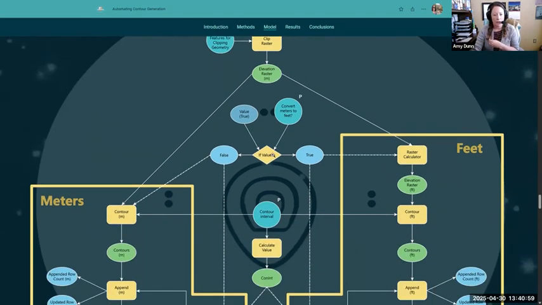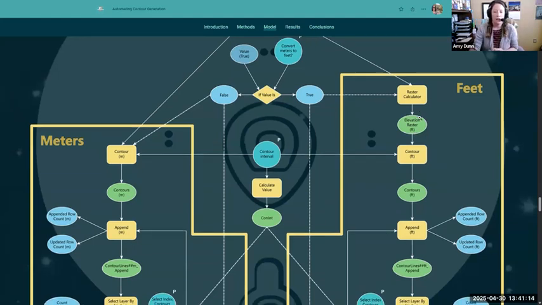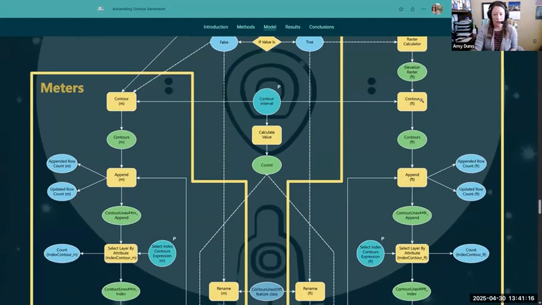The next thing the model asks is whether you want to convert meters to feet. And then it separates into these two branches. They're nearly identical. The feet branch starts out with a raster calculator that converts the meters raster into feet. Then they both generate the contours using the contour tool, and the contour interval is a user-defined parameter that people